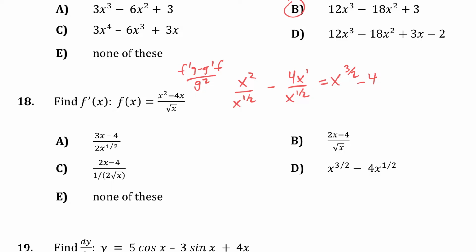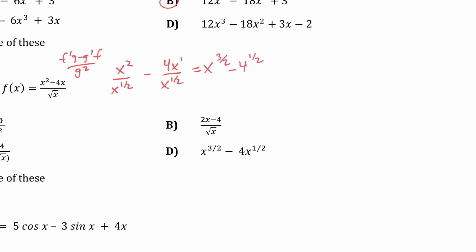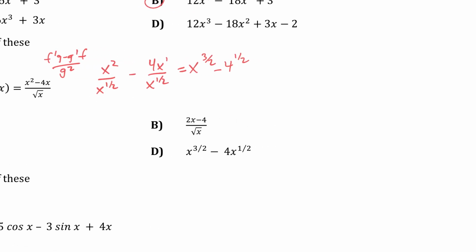1 minus a half is 1 half, so 4 to the 1 half. And so now we're going to take the derivative of each one. Let's put a little room over here. So f prime of x would be what? We take what's in front, 3 halves x, and then minus 1, so that's 3 halves x to the just 1 half, because 3 halves minus 1 is 1 half,